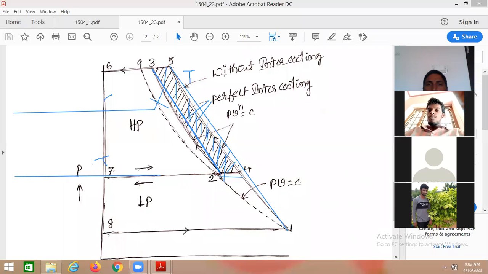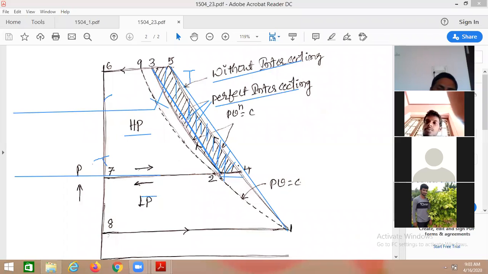So the last curve represents the cycle without intercooling, and the lower cycle represents the cycle with perfect intercooling. Perfect intercooling means that after sending the air through the intercooler, theoretically the temperature of the compressed air is the same as the initial temperature before it enters the LP cylinder. That is the advantage. This is the cycle representing the LP cylinder, low pressure cylinder, and this is the cycle representing the HP cylinder, high pressure cylinder. That is the advantage. We can save the work.